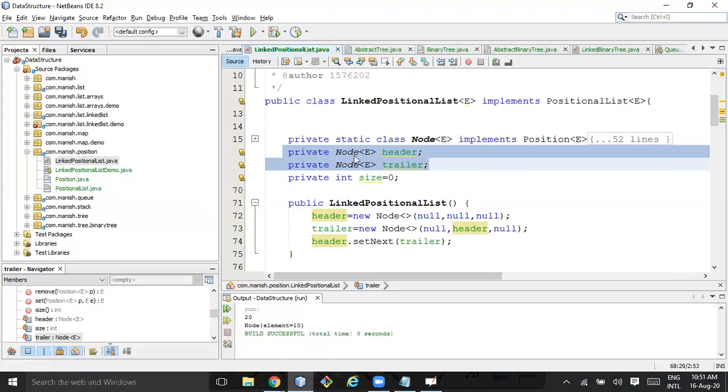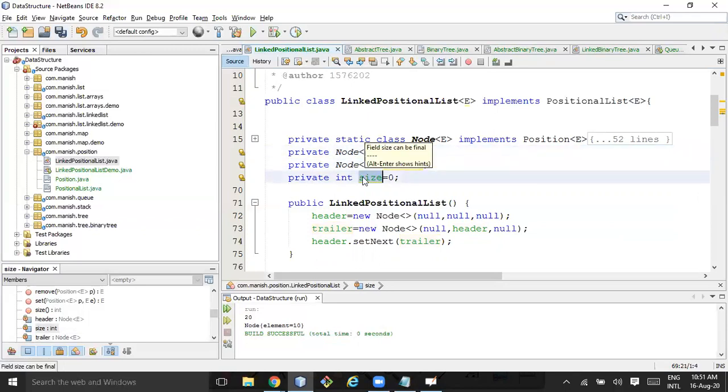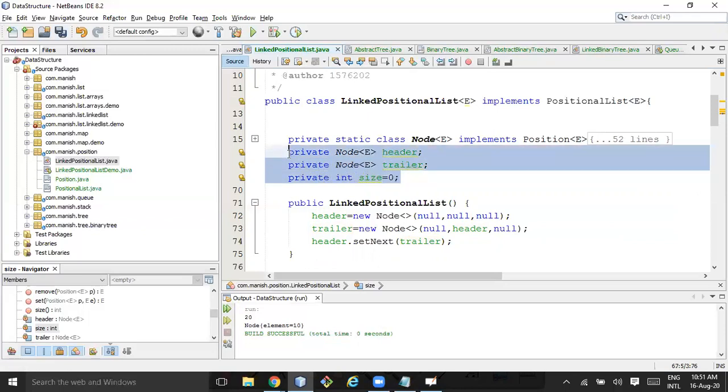If I want to give them to the client, the person creating the object of the linked list, and that person wants to access the header and trailer, then since I declared them as private, I can create two or three public methods to access the header, trailer, and size, right? Right. But I don't want to give access to any of the three for some reason. What is the reason?